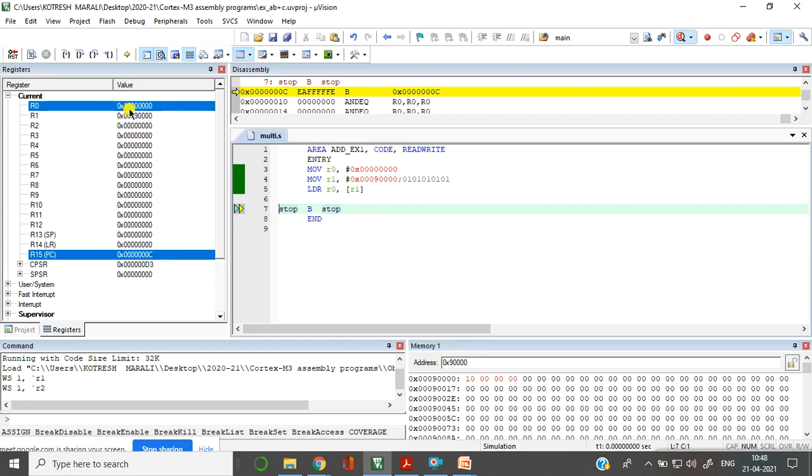So the most significant byte data will come and sit in the least significant byte, or vice versa. Since I am loading this, the lower byte of data will move to the most significant byte of the register. If you try to store this, the same thing is true. The most significant byte data will come and sit in the lower byte of memory. Okay, so I hope you got this concept of little endian and big endian.